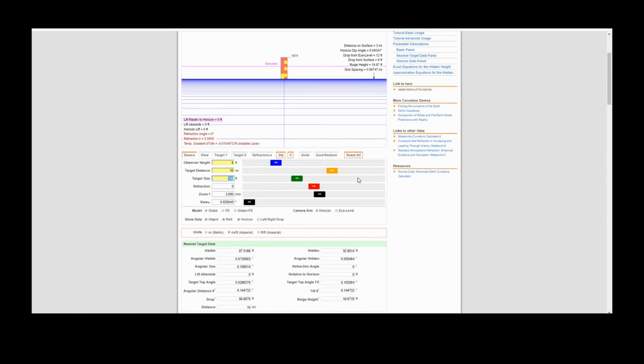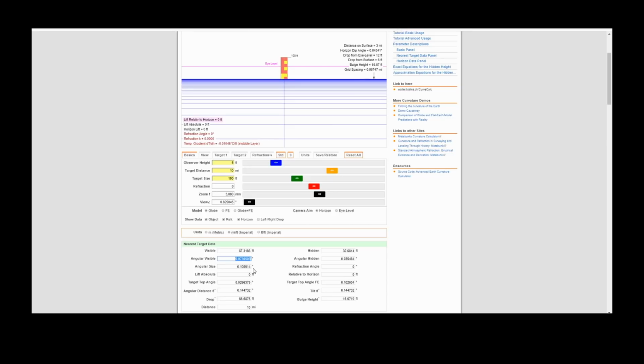Let's go to Walter Bislin's calculator. Same observer height, 6 feet. Same target distance, 10 miles. Hidden, 32.68 feet, the same as Metabunk, unrefracted. Angular hidden, 0.03546 degrees, same as Metabunk. But Walter also gives us the visible portion. In this case, I said the target was 100 feet tall. So we get 67.3186 feet visible and an angular size of the visible portion of